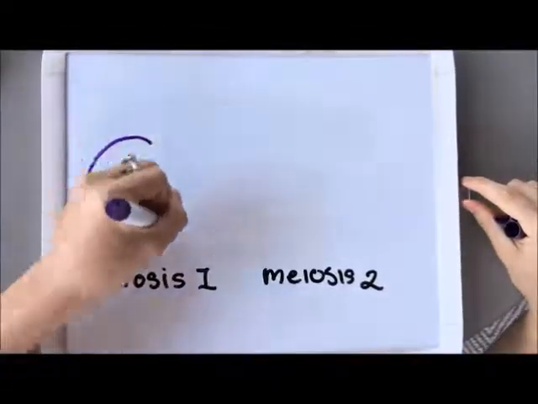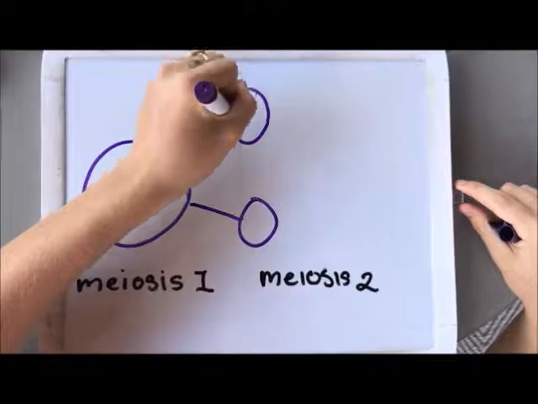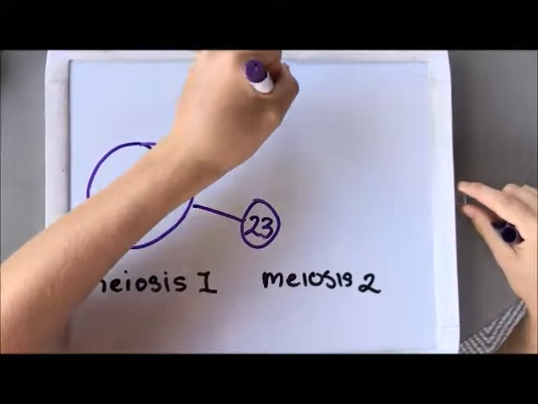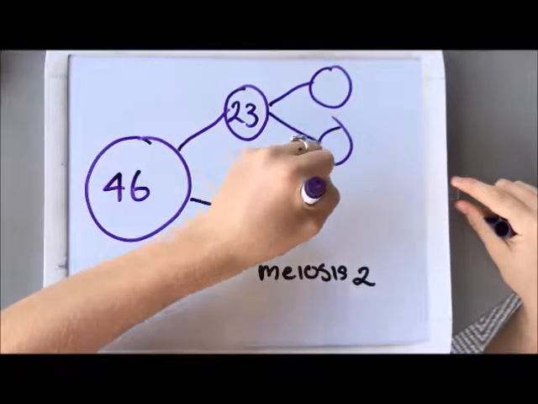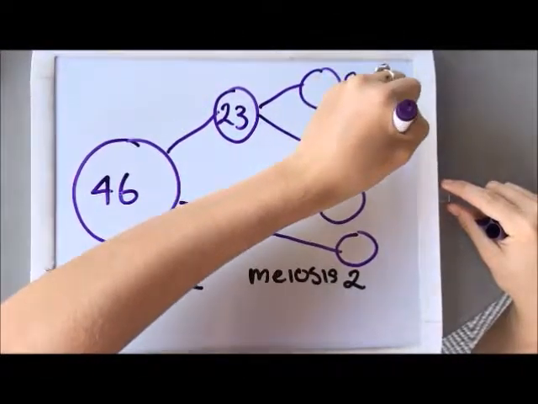Sex cells divide through the process of meiosis. There are 2 steps to the forming of gametes. Meiosis 1 is the splitting of a cell which has 46 chromosomes, which forms 2 cells of 23. Meiosis 2 then splits the cell again into another 2 cells, which are sex cells.